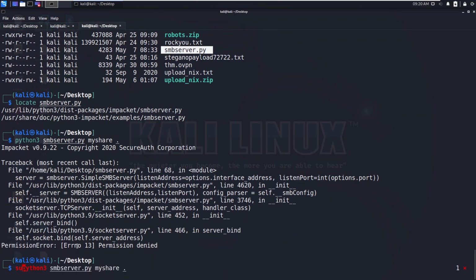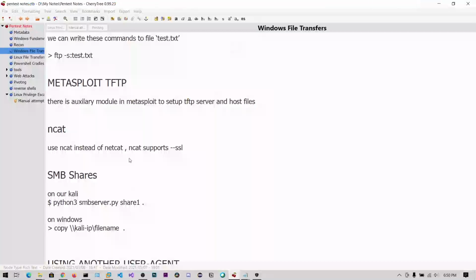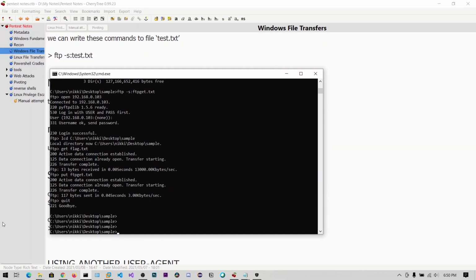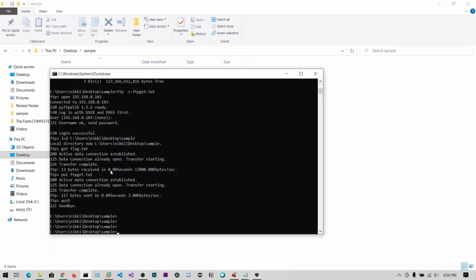Permission denied. Let's run with sudo. So now this desktop is being hosted. Now I can copy the IP address, slash, and the share name.